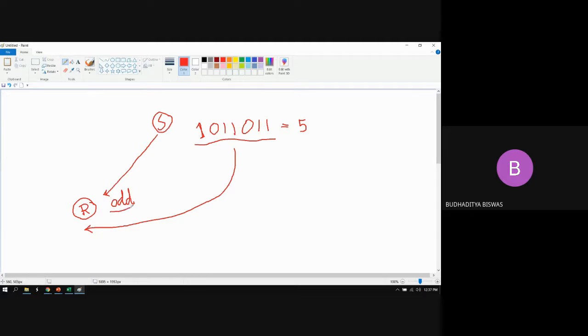If the 5 is odd, then the receiving end station thinks that there is no transmission loss. But instead of odd parity, if the receiving end station receives an even number of 1s inside the binary word, then they will think that definitely some transmission loss is there. So this is the very basic, preliminary stage of detecting data loss in the data transmission process. Understand?